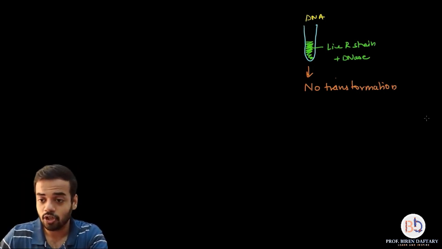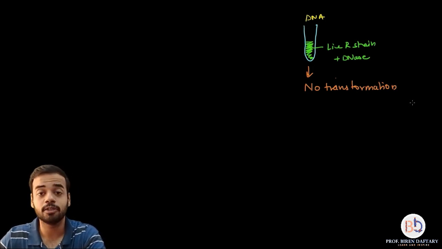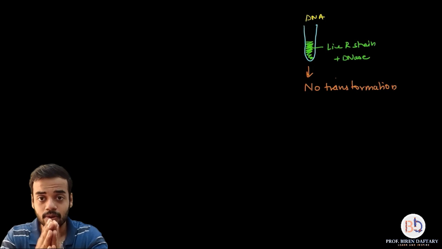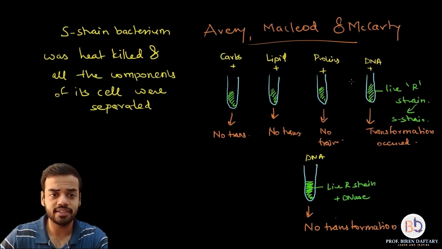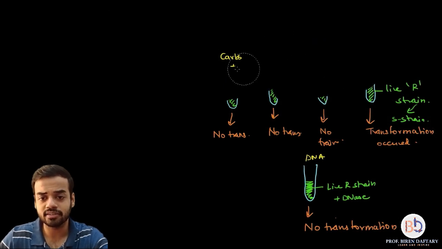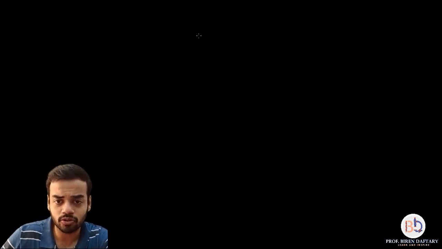The next experiment was the experiment which was done by Hershey and Chase. Okay, and this experiment was done to prove that even in the bacteriophage, DNA is the genetic material. Okay, so we'll start with that. Now please remember, out of these three experiments, I'm going to rub all of this. Griffith's experiment and Hershey-Chase experiments are very important from your exam point of view, so those are mostly asked. Avery MacLeod-McCarthy experiment is not asked much. So let us come to the third experiment, which is also called Hershey and Chase experiment.